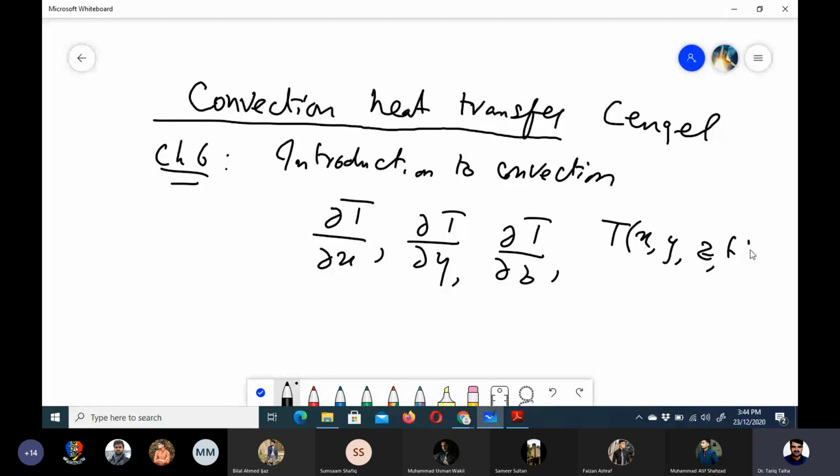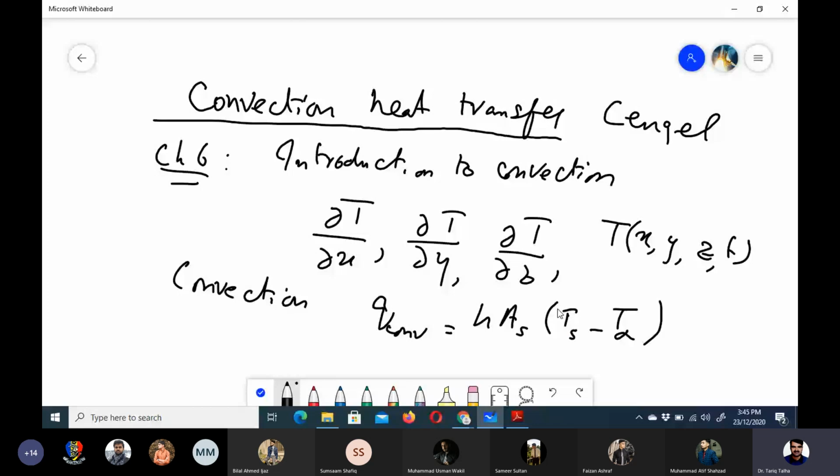But for convection, the formula is quite simple. q convection is equal to h into (Ts minus T infinity), right? This temperature Ts, T infinity can be measured quite easily by a thermocouple or some temperature measuring device, and the area we know from the geometry. So the major challenge here is that we need to calculate h,